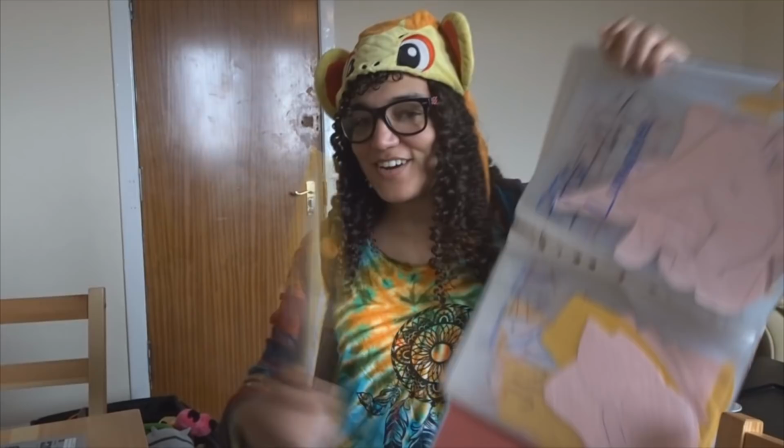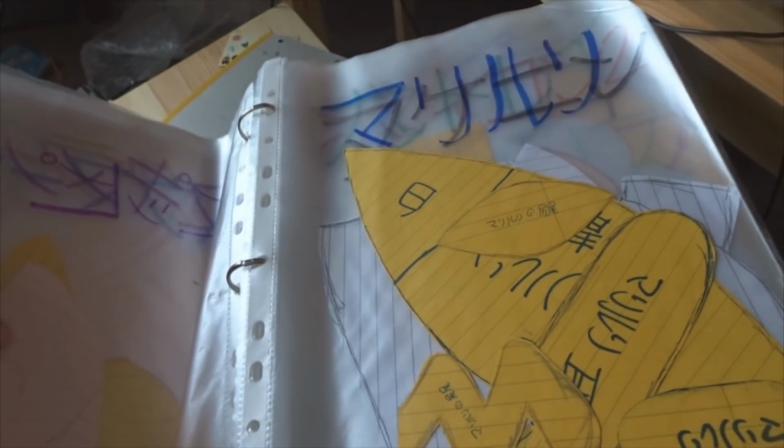Hiya! So I'm going to be trying to make a plush today. That's going to be fun. So I've got my pattern book and I got my paper and I got all of my fabrics here. So let's go. So what I like to do with my plushes is I like to make them out of